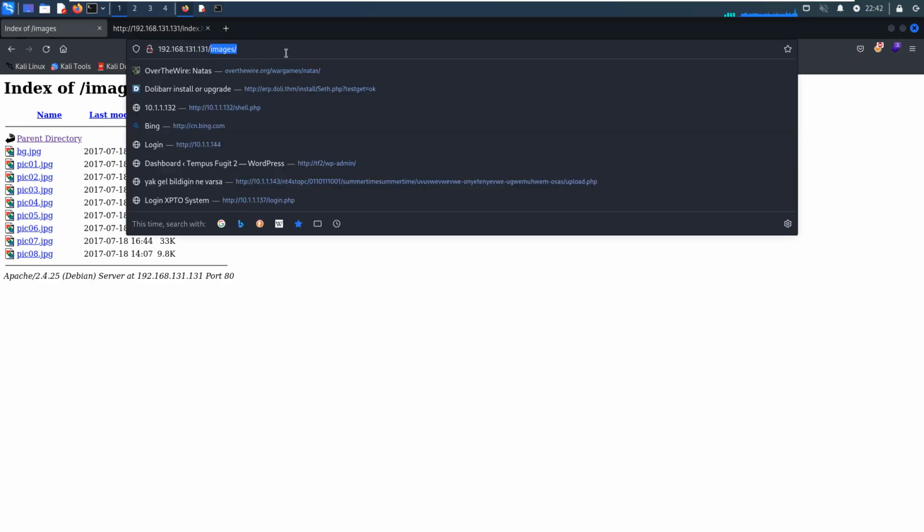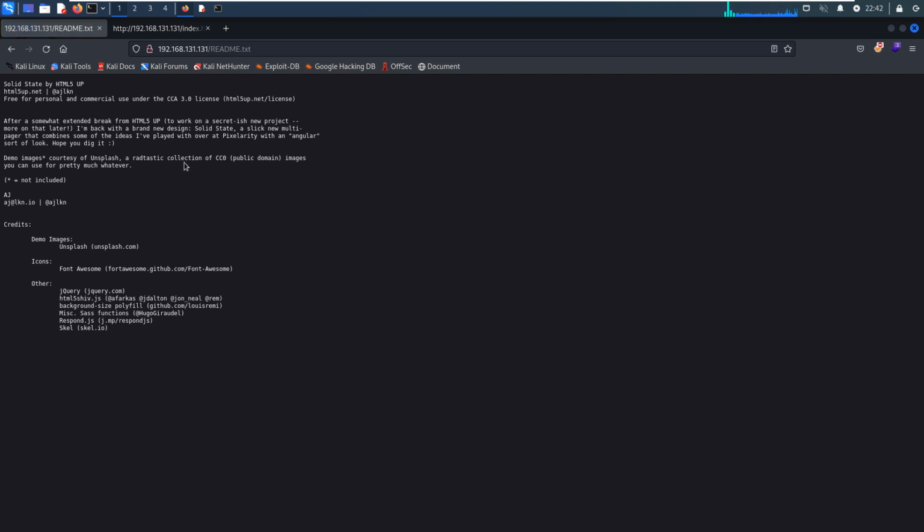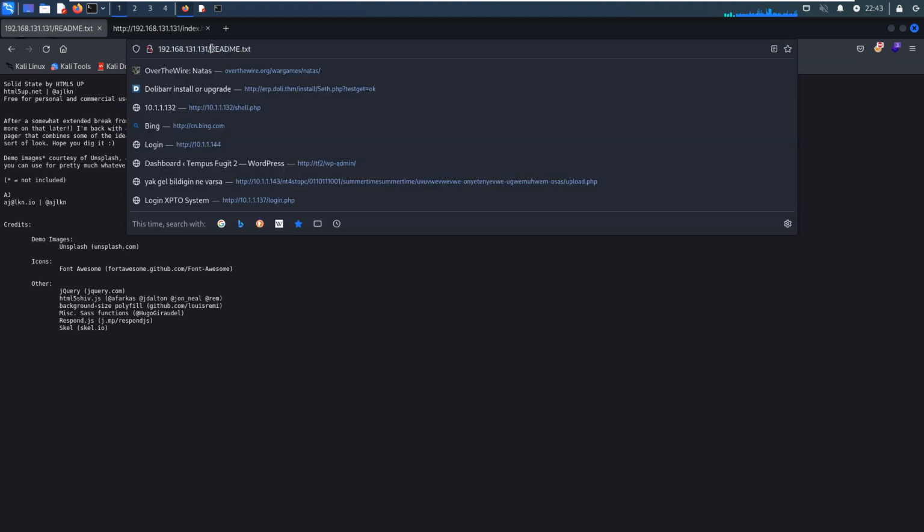Sometimes the readme can give us some application version information, but this is just the HTML, maybe the template, not useful. Assets, we can access assets.